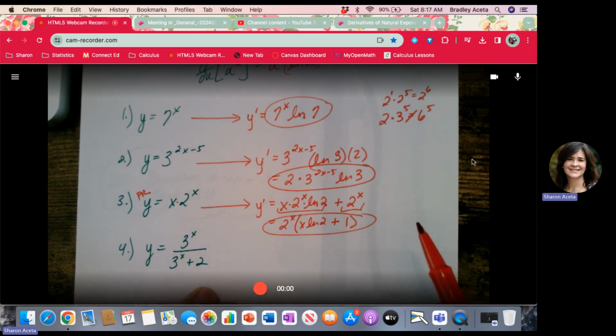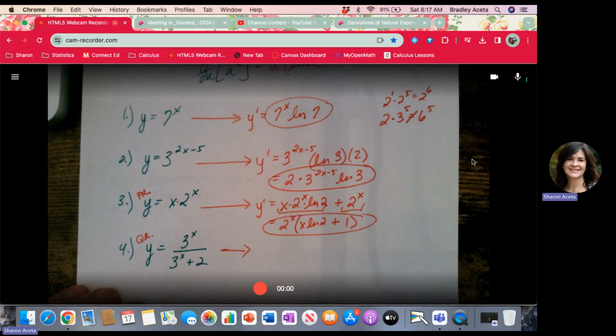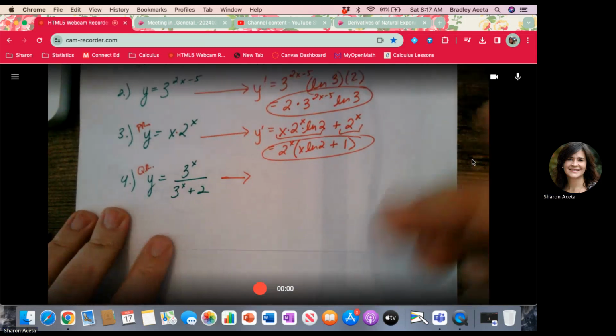And that would be your answer. Now for this one, looks like a quotient. We're going to do quotient rule. All right, so quotient rule would say